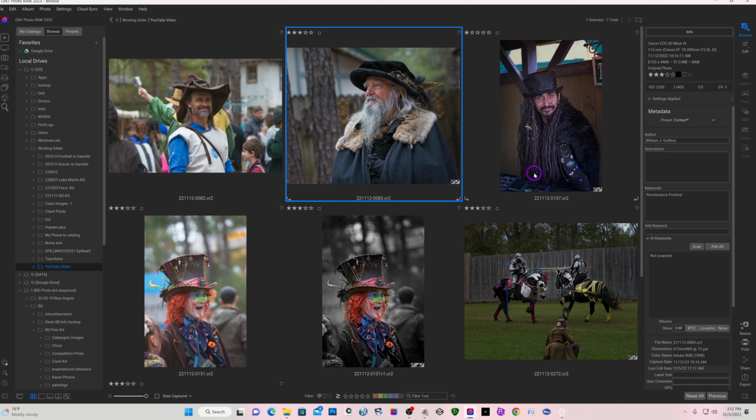Today I'd like to show you 3 different ways that you can add a vignette to an image using On1 Photo Raw 2023, and I'm sure you can do it in earlier versions as well, and also it could apply to Photoshop. First off, I want to use this image. I'm going to go into the edit module,